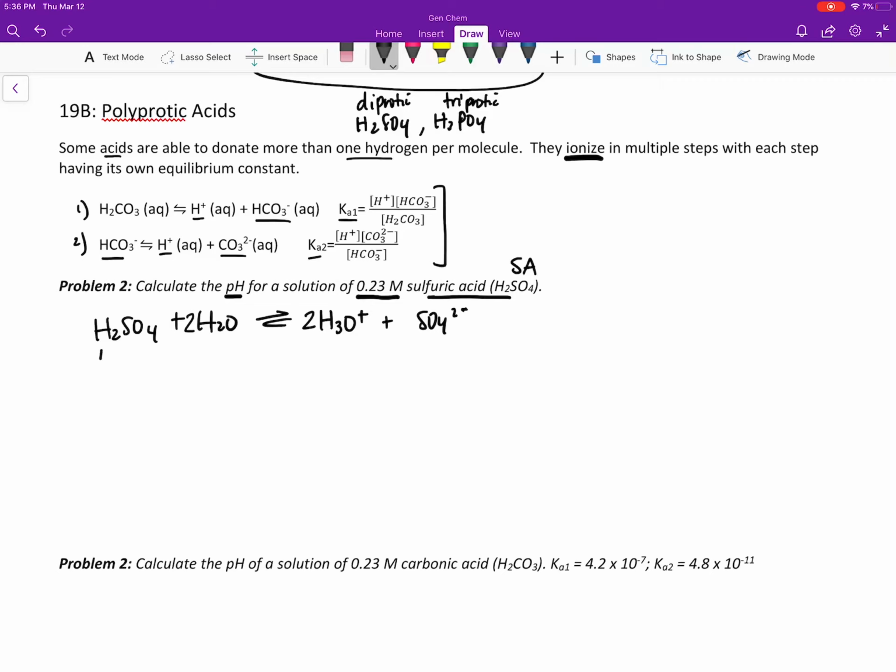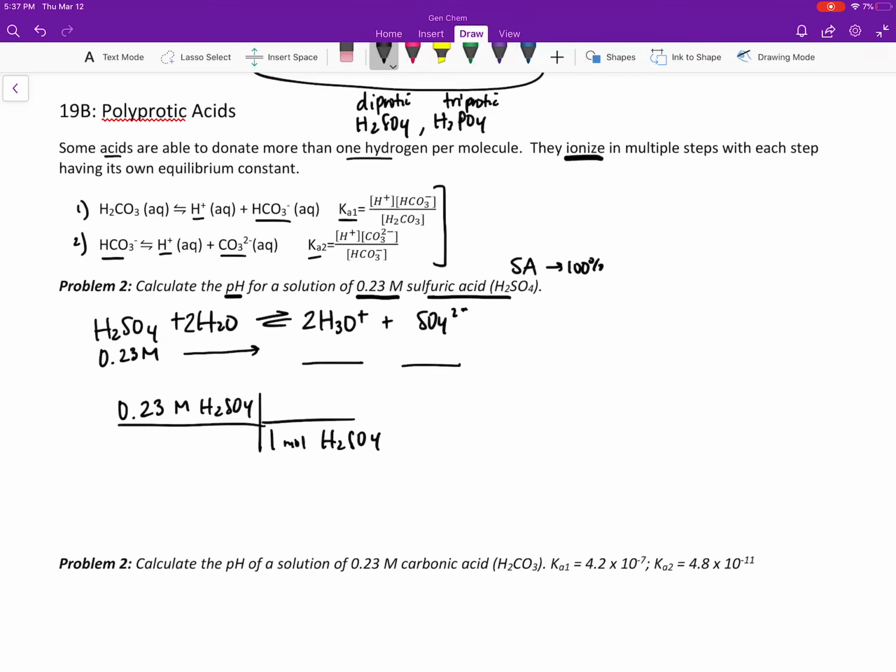So I'm starting with 0.23 molar of sulfuric acid, and all of this is going to become hydronium and sulfate because it's 100% ionization. There's no equilibrium, no ice table involved. So in this case with the strong acid, it's going to be pretty straightforward. It's going to be 0.23 molar of H2SO4, and for every 1 mole of H2SO4, I'm going to form 2 moles of hydronium